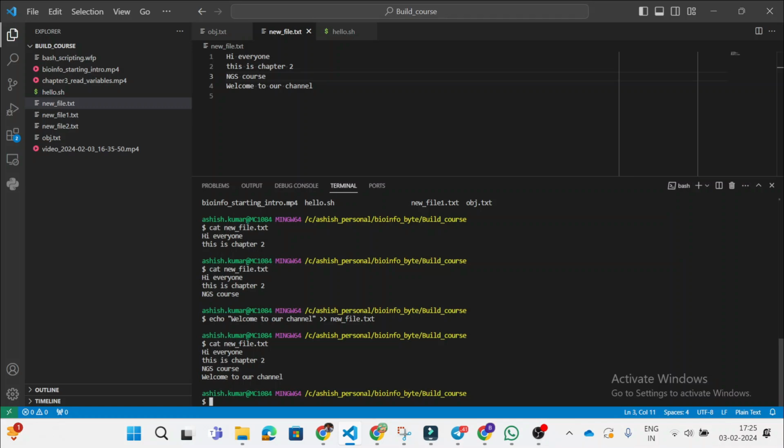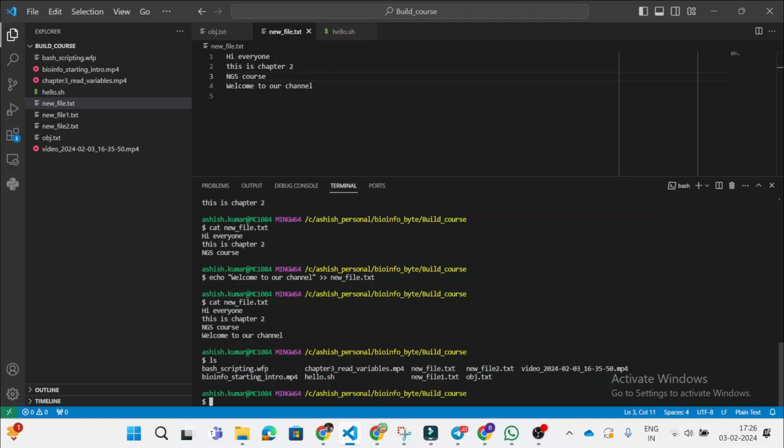Okay. Now the next task is listing. We have discussed that when you type the ls command, it will list out all the files present in the particular directory. Here the directory name is build course, so whatever files are there will come up.